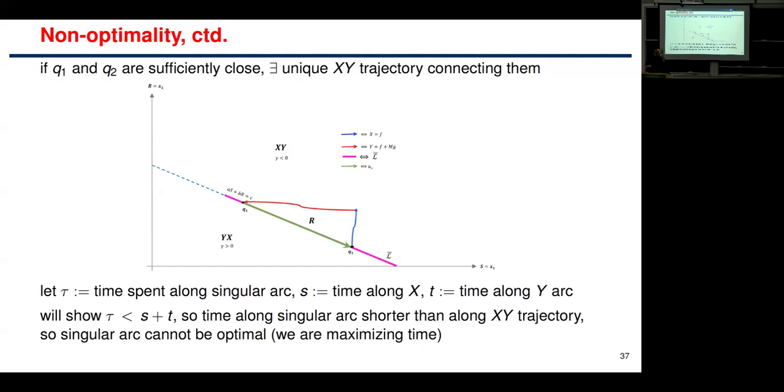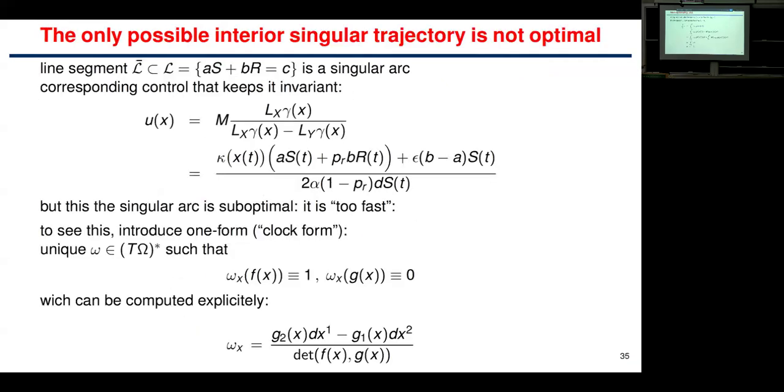You have to look at the switching function. You have to look at the Lie derivatives of the switching function. So the standard thing in differential geometric analysis of control problems that my colleague Hector Sussmann, for instance, at Rutgers, had pioneered. But basically what you do is you show that, and then at the end, you show those trajectories